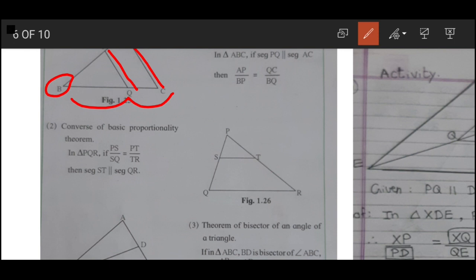And the converse of that is, if these ratios are in proportion, then this line ST is parallel to line QR. Okay. Then also we have learnt